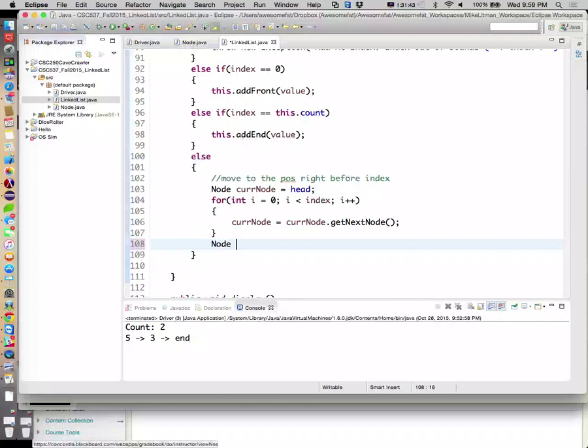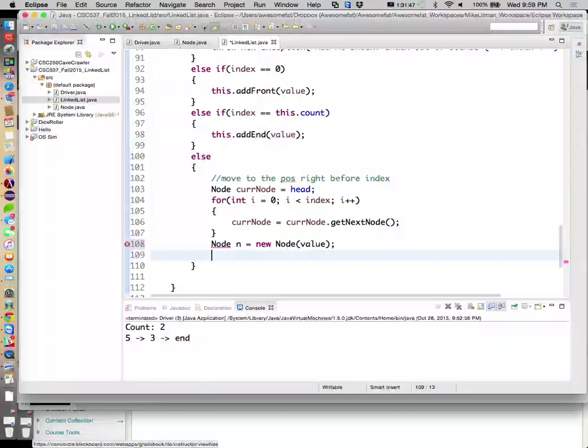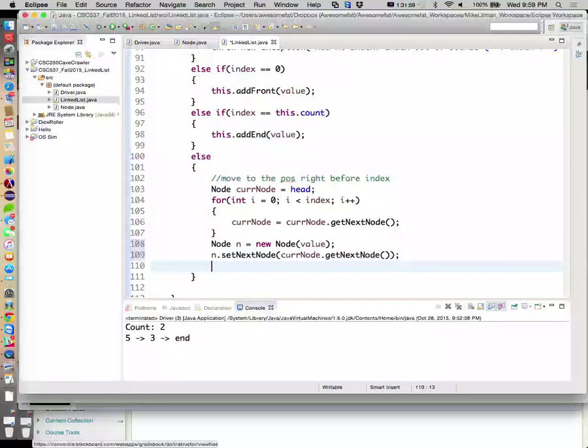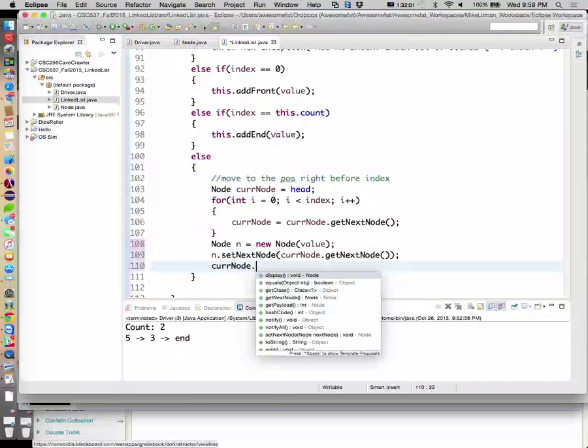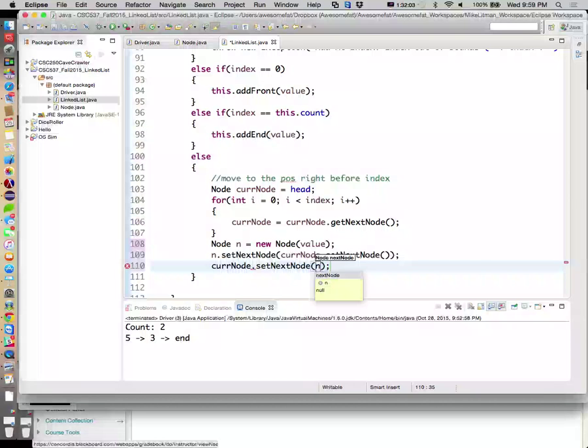So we'll say node n is equal to new node value. Then we'll say n dot set next node to cur node dot get next node. And then we'll say cur node dot set next node to n. All right, and that should add it.